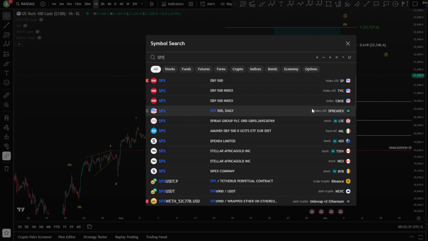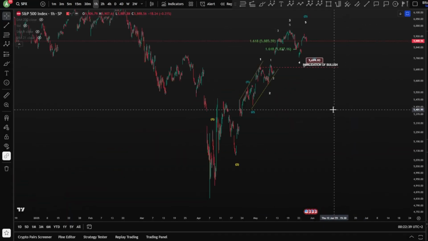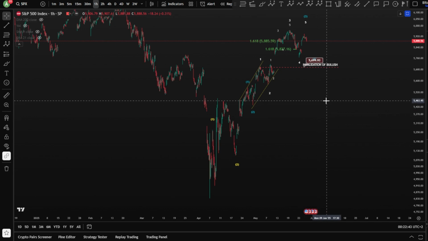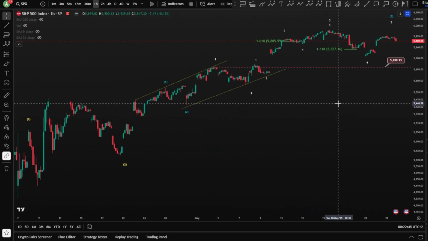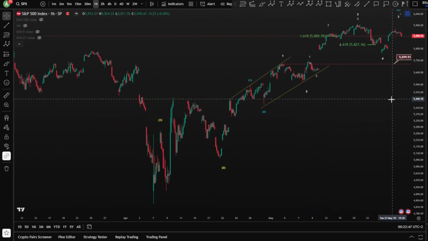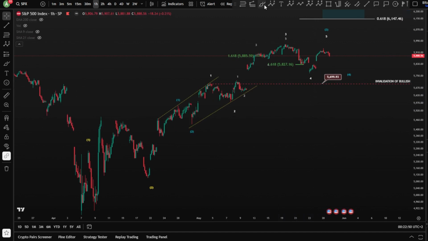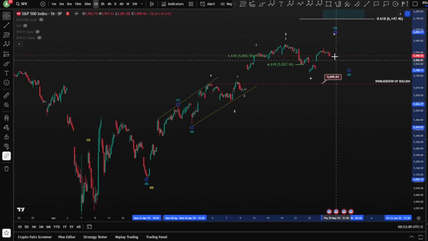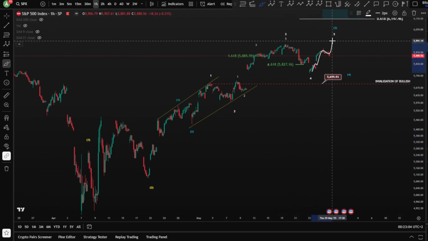If we take a look at the S&P 500, well, I don't know what's wrong with this S&P, guys, always lagging behind Nasdaq and still in red. However, we are still in a wave 4, obviously 1, 2, 3, 4, and a 5. So basically, nothing has happened yet. This is a clearer wave 4 that we are looking at potentially for this small impulse, 1, 2, 3, 4, and a 5. But we would like to see the wave 5.